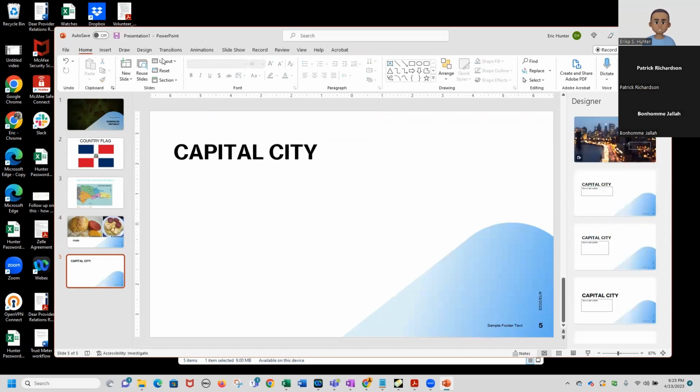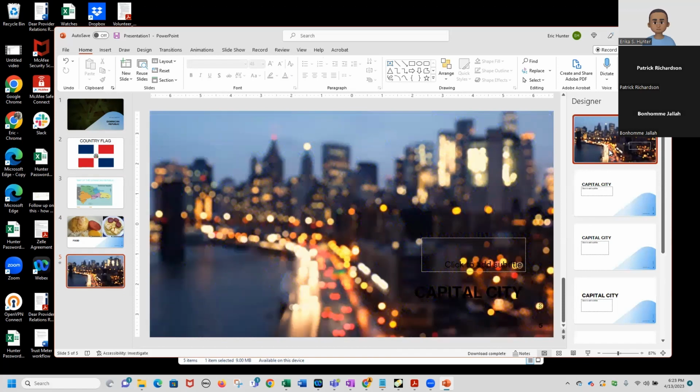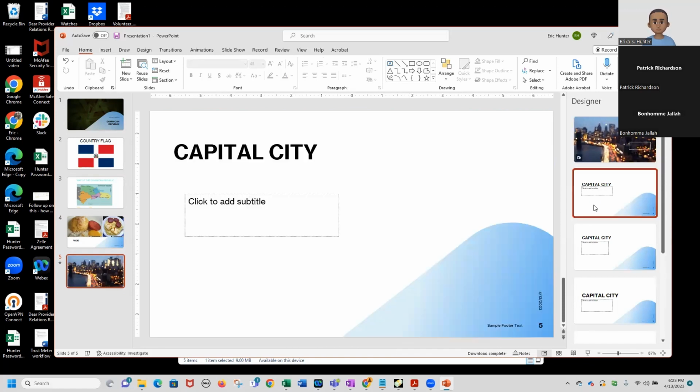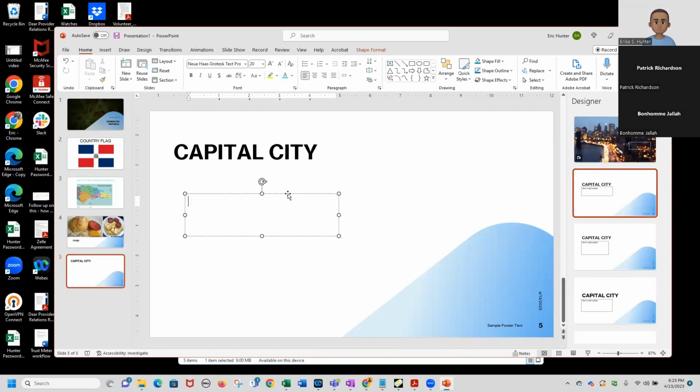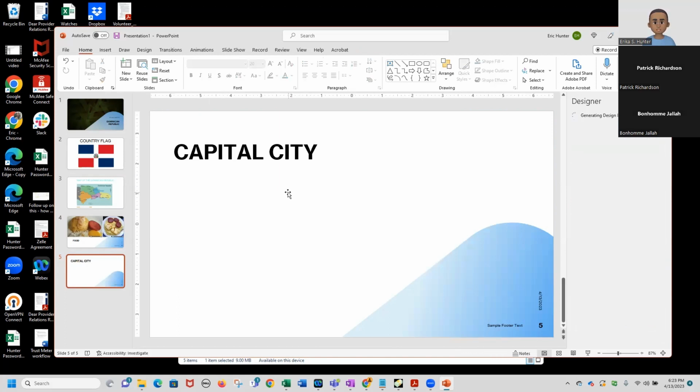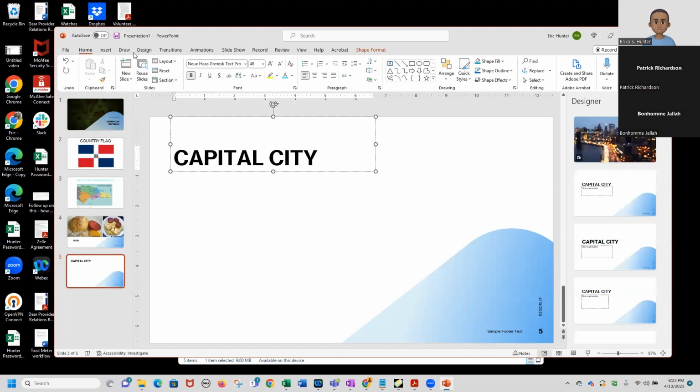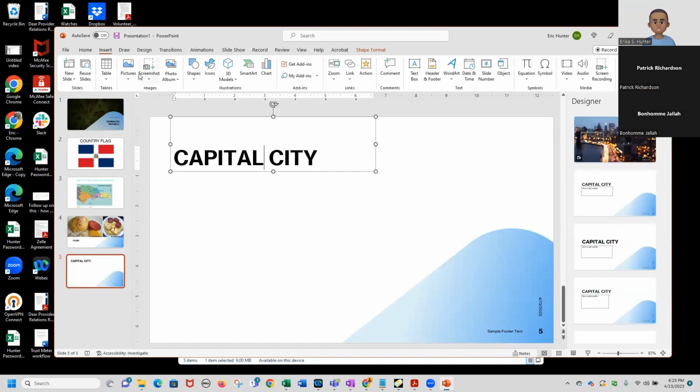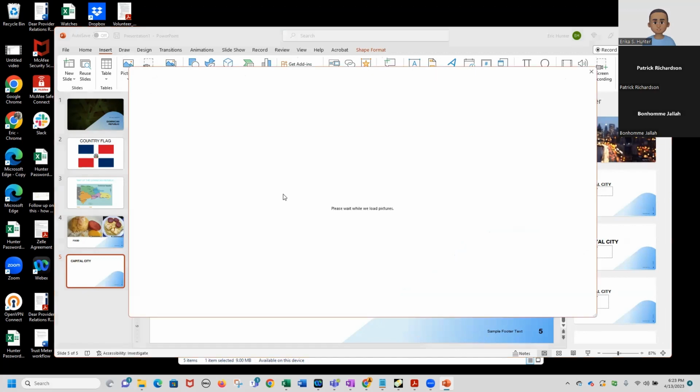And then I'm going to insert a photo. Oh, wow, that's pretty cool, actually. Look at that background. It's like a blurry video in the back. That's pretty cool. But we're not going to do that one this time. So I'm just going to delete this text box, and then I'm going to go find a map or a picture of the Santo Domingo. Again, online pictures,